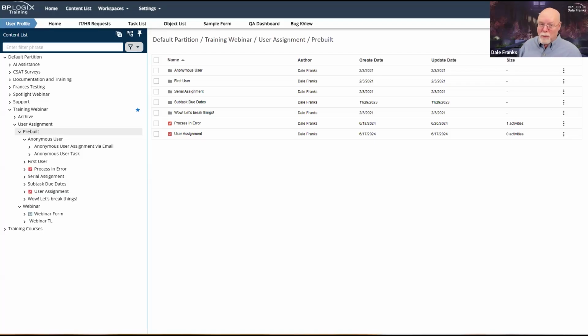That's going to be a manual process. And if Bob has 50 tasks assigned to him, then you're going to have to go in and replace Bob with Sue in those 50 existing tasks, because the way that user assignment is evaluated